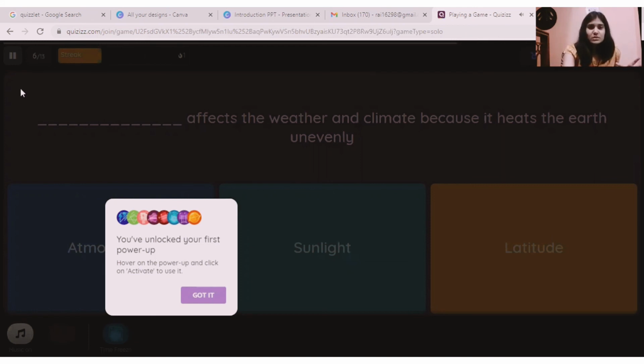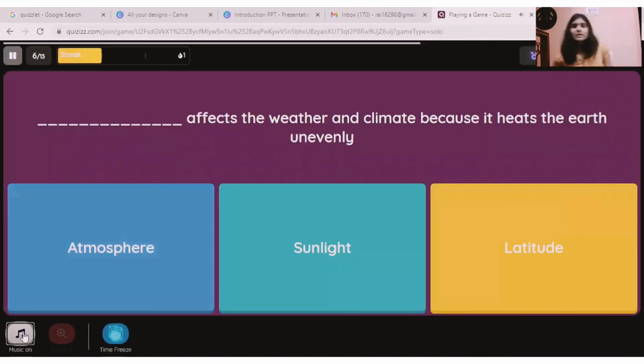I'll just pause the music as it is getting a little difficult for me to talk. What these things do is help me be more engaged with this, and help me not feel like I am studying something, but I'm also understanding, solving problems, and basically studying at the same time. So it doesn't get very monotonous or boring for the students. So this is how you can use Vizies.